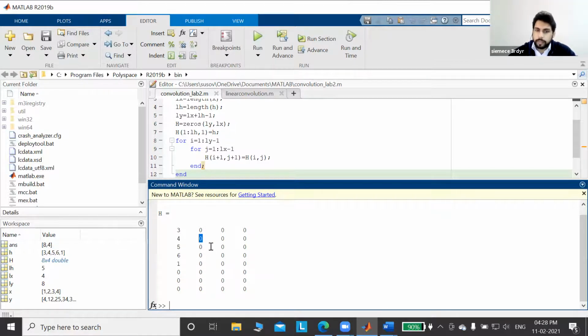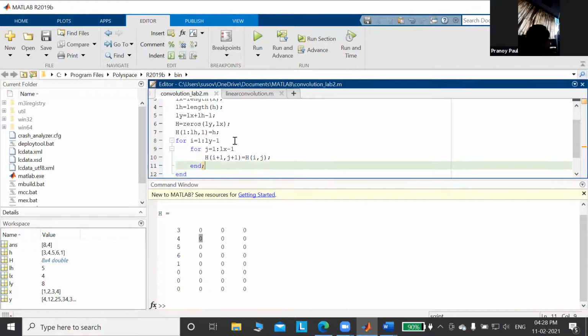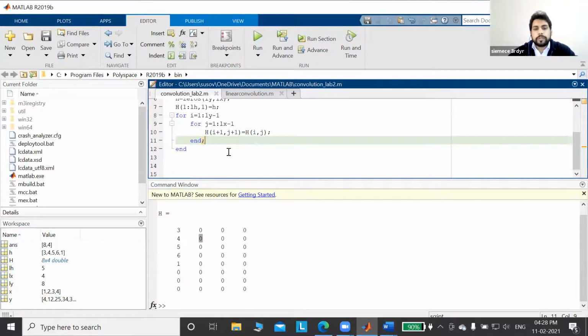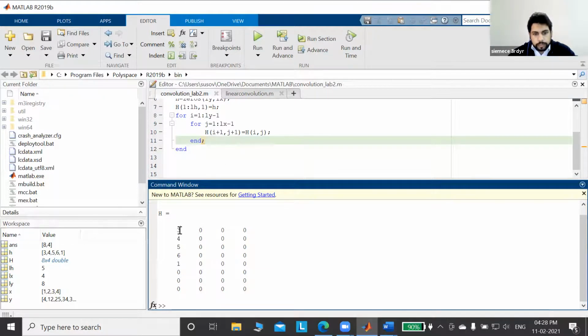By doing this for loop, I am doing this. So this is basically hij, the element of hij will go to hi plus 1, j plus 1. That means this is h11, so the element of h11 will move to h22.